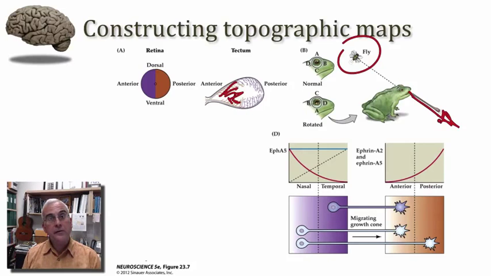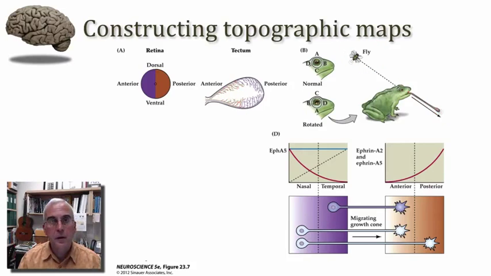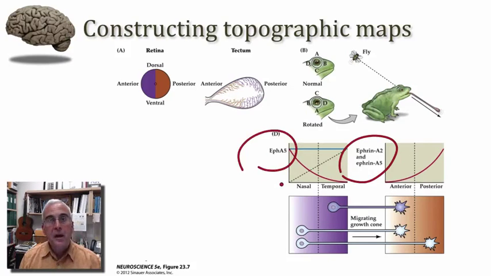So many years had passed, decades as a matter of fact, before the mechanisms that established this topographic map were worked out. So we know that in this system, what mediates the topography of this connection between the retina and the tectum are ephrins and their receptors. So rather than there being a precise lock and key mechanism on a point-by-point basis, what we see is the establishment of gradients. Gradients of the ligand and gradients of the receptors. And the matching of ligand concentration to available receptor is what establishes the continuity in the topographic mapping,